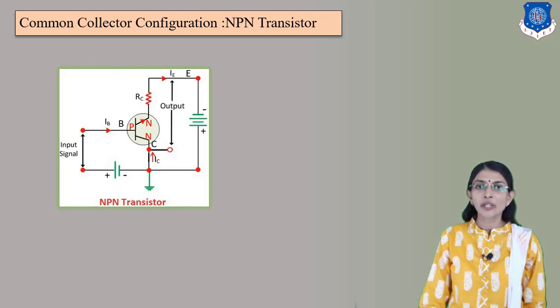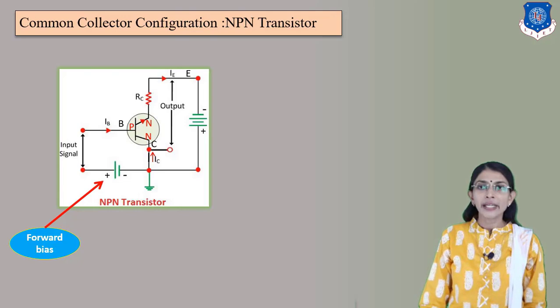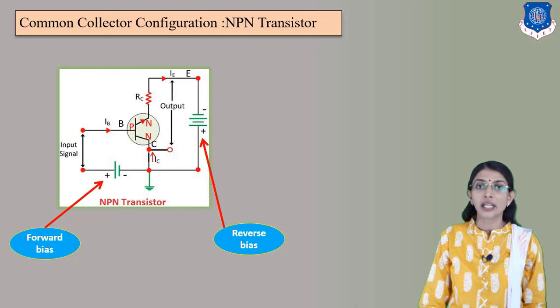So let's do the connection of external supply, that is forward bias connection between B and C. The base is B, that is of P type, and therefore it is connected with positive battery terminal. So it is known as forward bias connection. And look at this. This is the output side junction and external battery which should be reverse biased. How is it reverse biased? Always observe the terminal, that is collector. The collector is of N-type material and therefore it is connected with positive battery terminal, so that it is reverse bias connection.